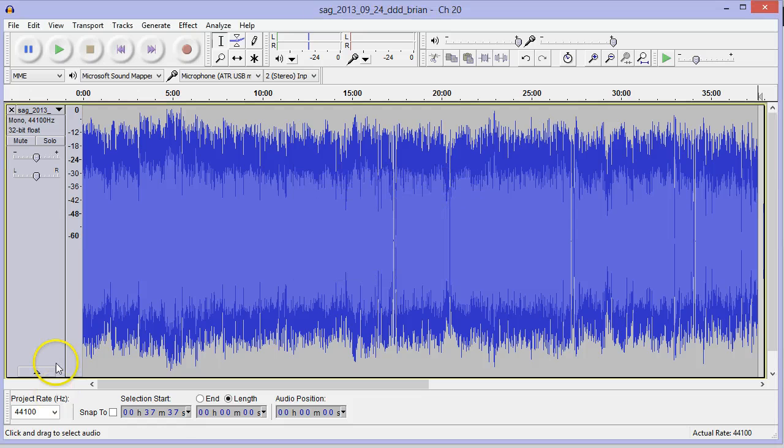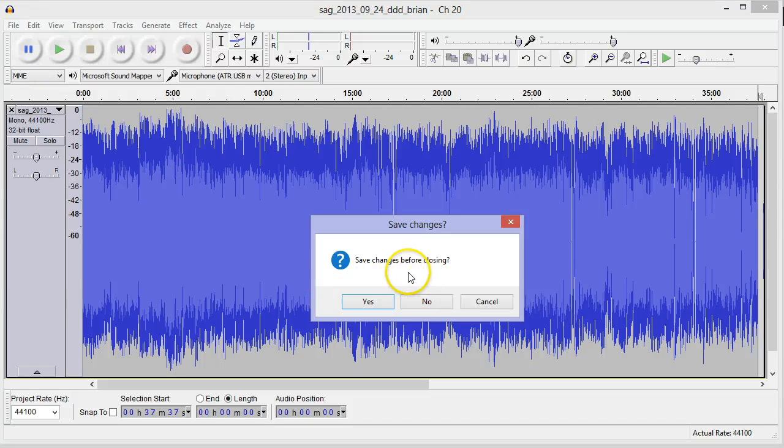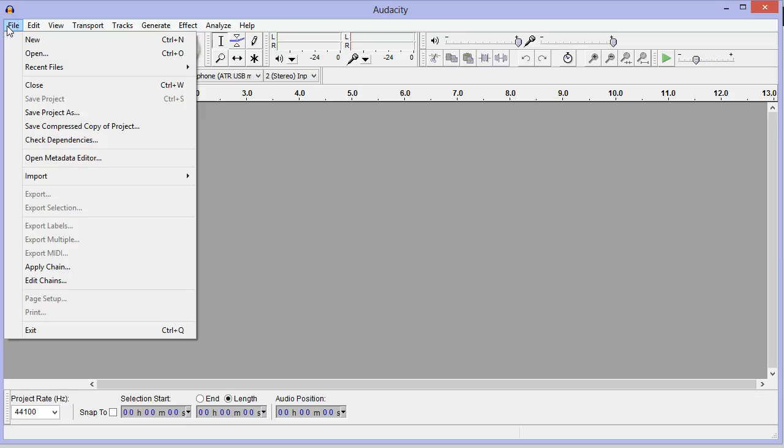Okay. File is all exported. It's now in an MP3 format. And I can go ahead and close this. It's going to ask me if I want to save it before closing. And I'm just going to tell it no because I've already exported what I want. So say no. Now if I went back up to File and Import Audio,